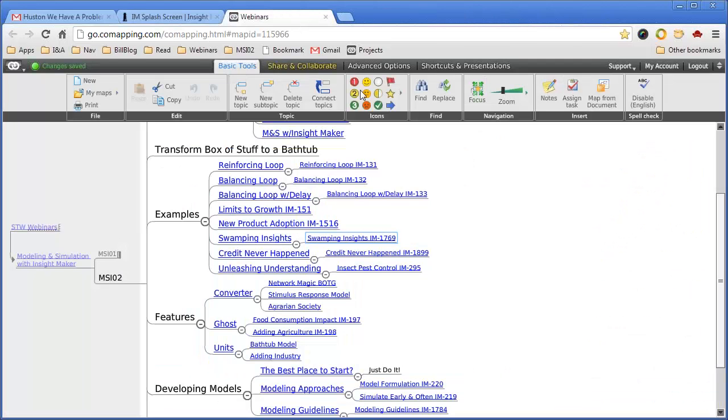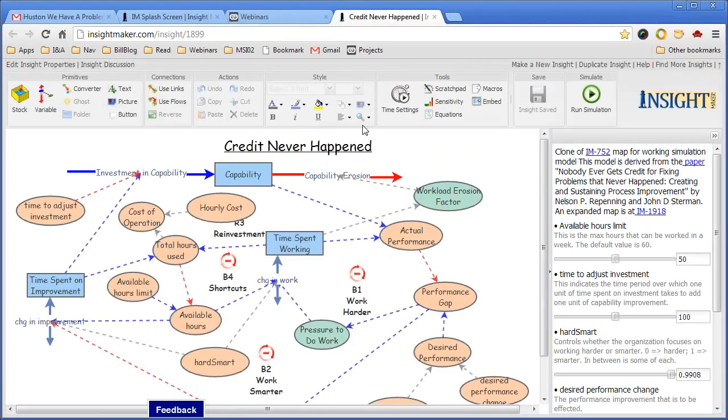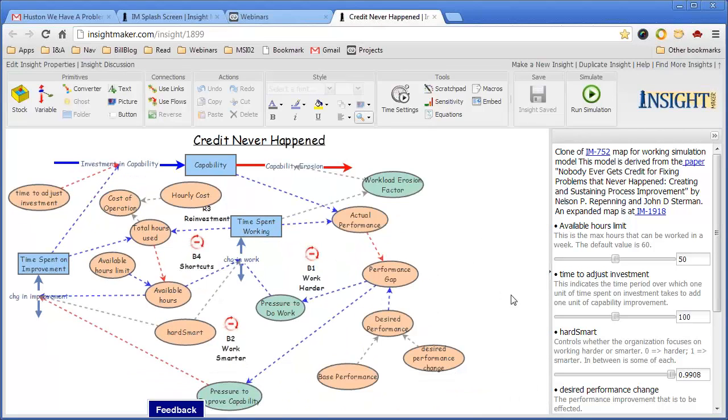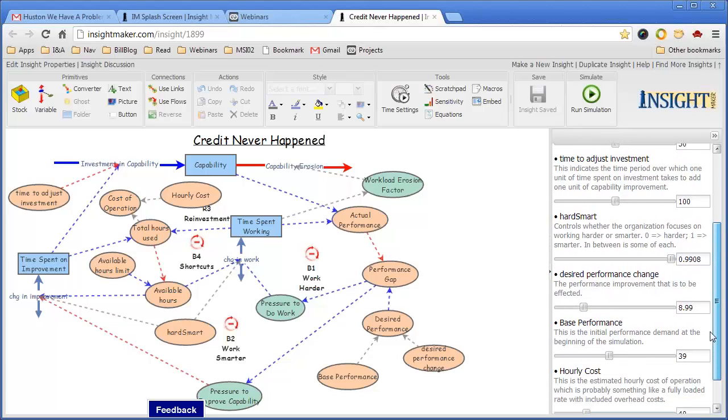So let me also, here's another one that is something called Credit Never Happened, where beginning with a very simple balancing loop, we have a desired performance level, an actual performance level. The difference between them represents a performance gap. As a result of that gap in performance, the organization can choose to do more work or improve their capability to do work. And the model is set up so that at the initial stage,